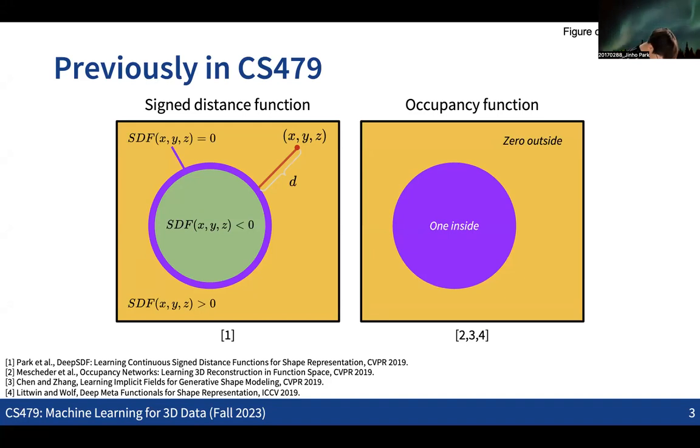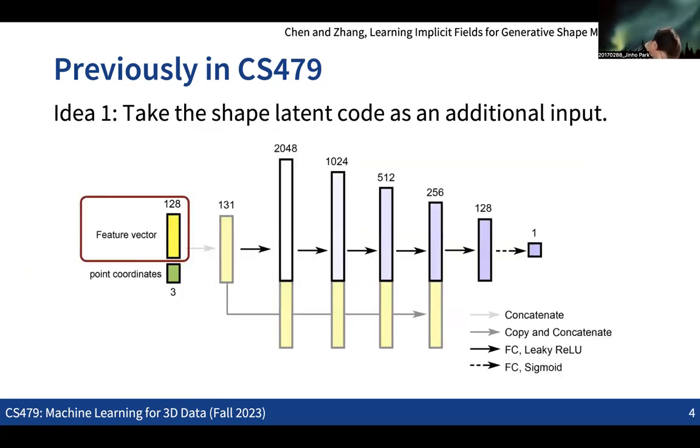For both cases, we could choose different loss functions. Actually, the main part of the last lecture was how we are going to make such a neural net, especially for multiple shapes. If we want to make an implicit decoder that can decode not only a single shape but multiple shapes, we could simply combine an encoder and take the latent feature of each input as an additional input to the neural network.